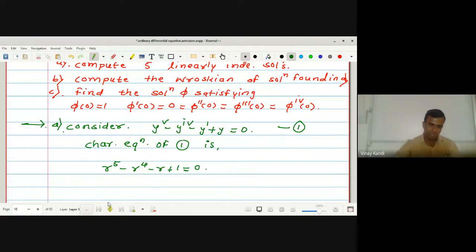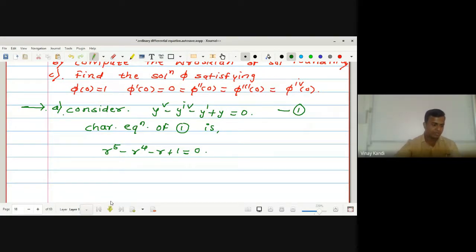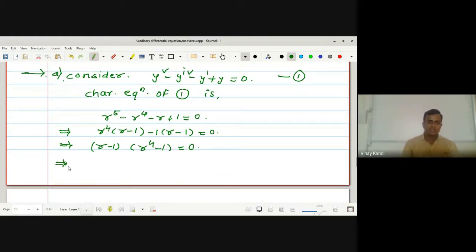पुढे अजून कोणकोणते रूट्स आहेत सांगा मला, त्यातले रिपीटेड कोणते आहेत ते पण सांगा. येतात ना रूट्स काढता? r raised to 4 common, this is r minus 1, so minus 1. Okay, so r minus 1 which is equal to 0. Okay, so we get r minus 1 पट काढता यायला पाहिजे. Okay, which is equal to 0. Now we get, which implies that r minus 1, so here we get r square minus 1 r square plus 1 which is equal to 0, which implies r minus 1 r minus 1 r plus 1